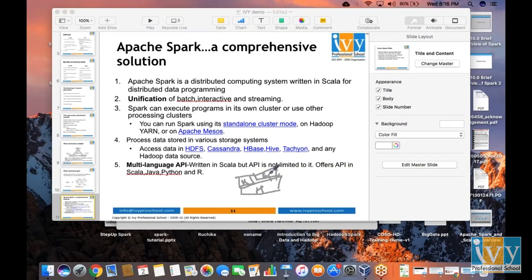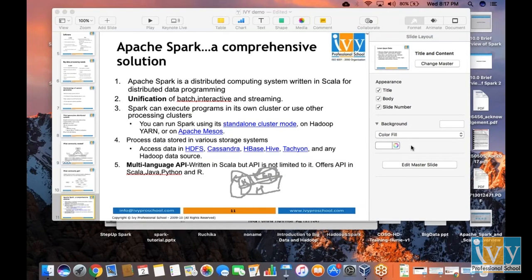When we compare MapReduce and Spark, why Spark? We have MapReduce already, but we are moving to the third generation in a way because our hardware is changing constantly. We need to actually speed up our systems. We want real-time processing. MapReduce could do only batch processing, but now we want to do real-time processing also, right? Spark is a distributed computing system for processing of data. Hadoop is for storage as well as processing. Spark is for processing of data in a distributed computing system. So that is the difference.